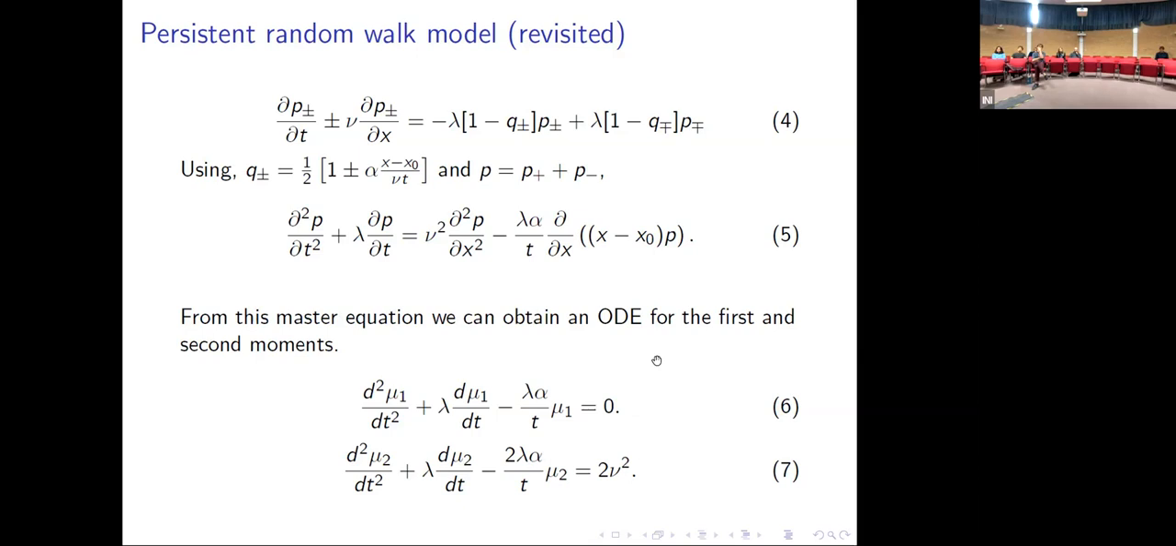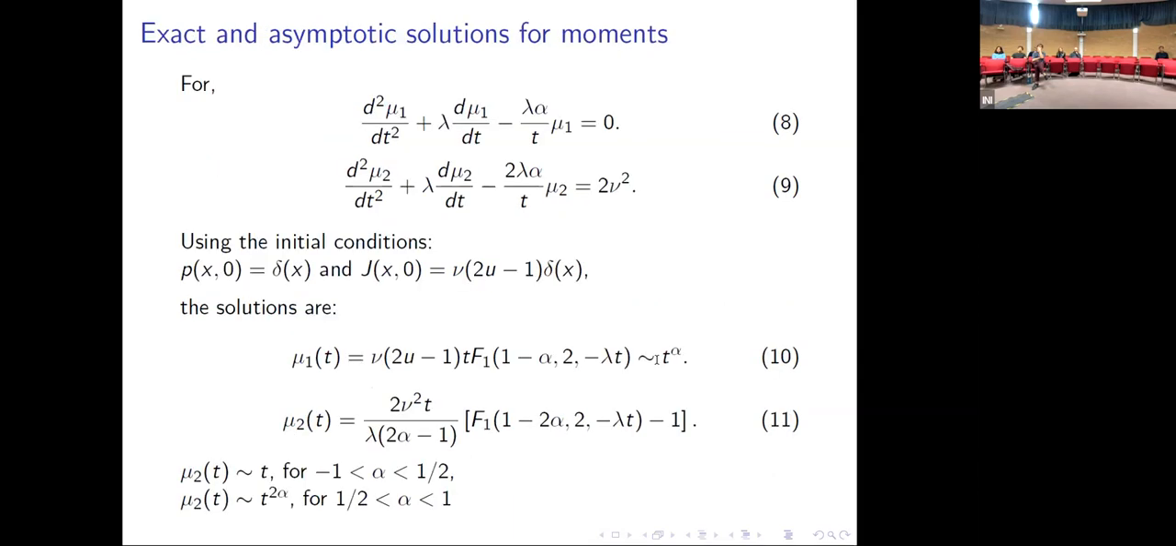And it turns out that if you actually try to work out the first and second moments for these random walks, you end up with a very funny result. First of all, you end up with a second order ODE for the first and second moments. We can solve this exactly, which takes a bit of time, and you end up with the Kummer confluent hypergeometric function. And in the asymptote of time going to infinity, you see that the first moment is proportional to t to the power alpha,